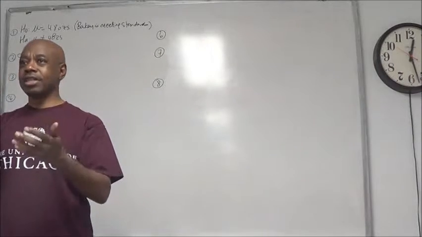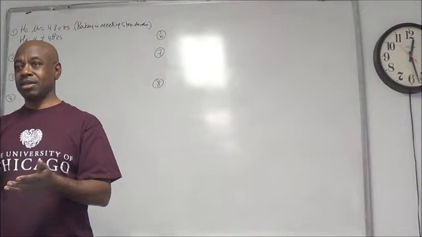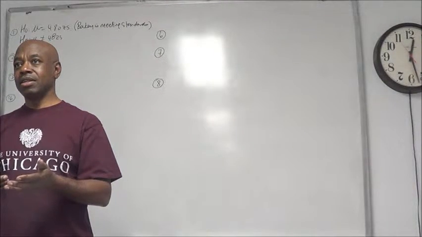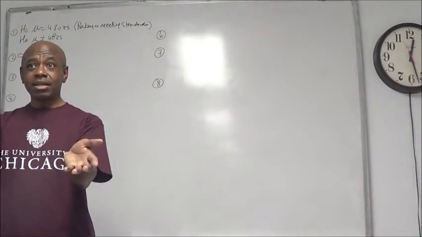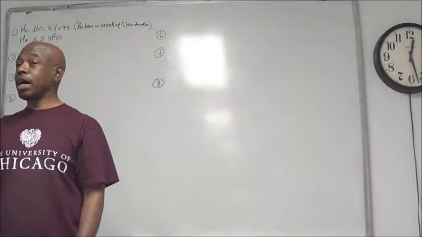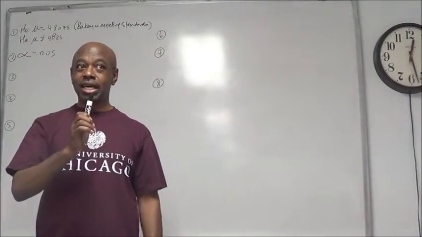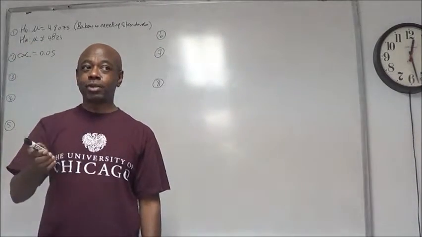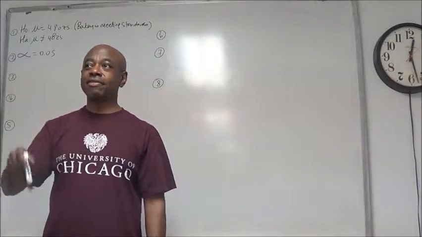Right, so how do you know that that's the population? Because this is for the overall records. That's what they said. Exactly, it's for their overall records. I have to tell you that you have to read the question. It's not just did they give you a standard deviation or not, it's what standard deviation did they give you?